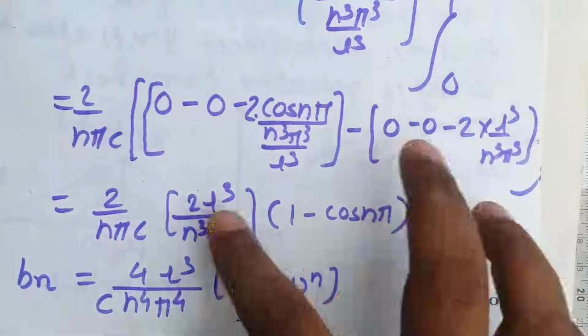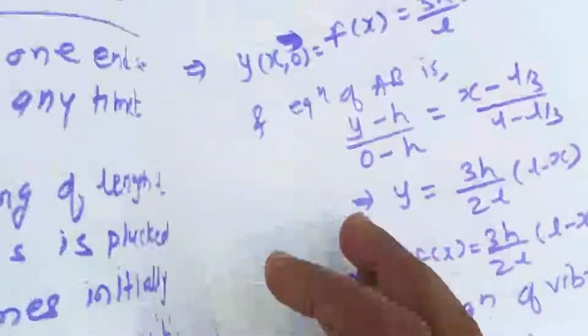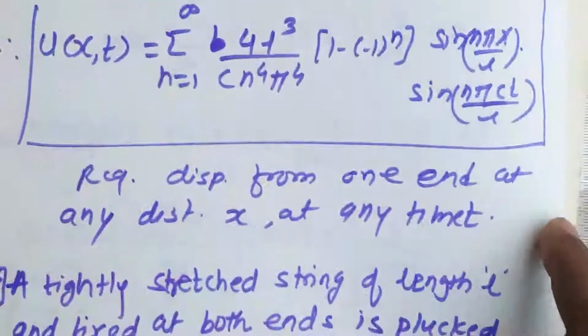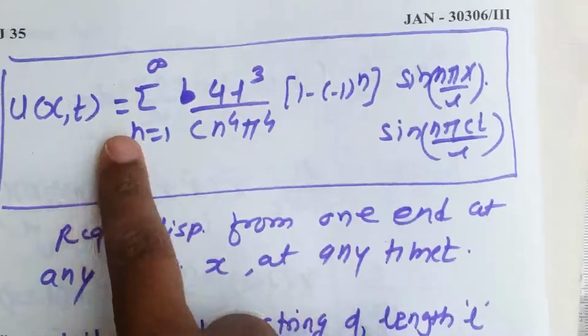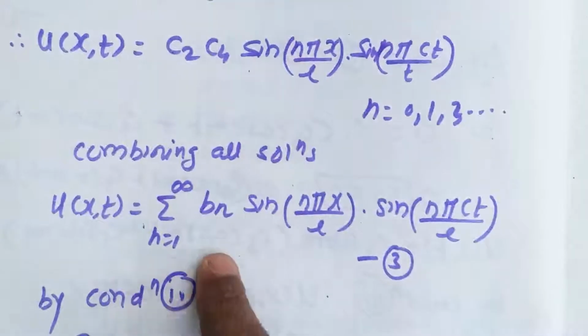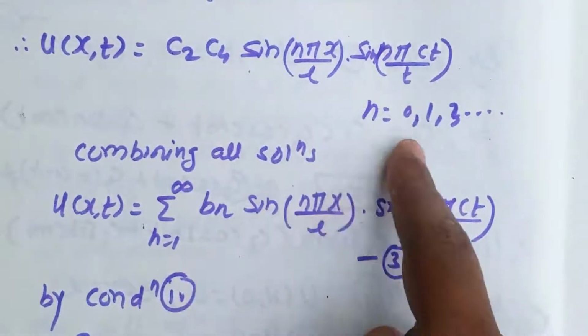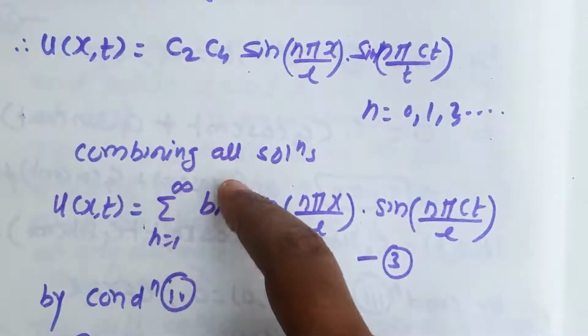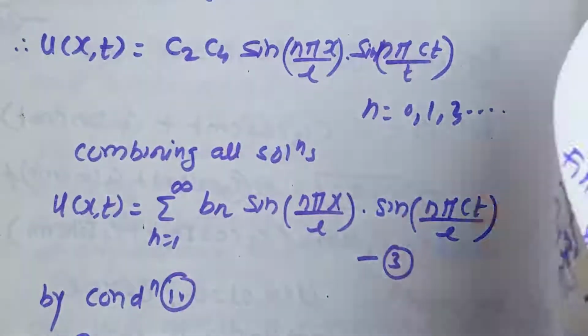After putting the upper and lower limits, we'll get this finally. And after using this value of Bn, which is the last constant, your series will look like this. What you have to do at the end is take the last constant in this series, the series we have obtained after combining all the solutions. In this, we are going to put the value of Bn that we have obtained using the Fourier series.